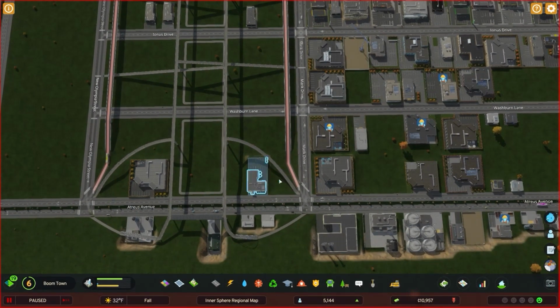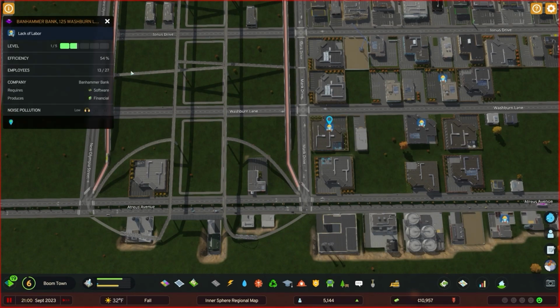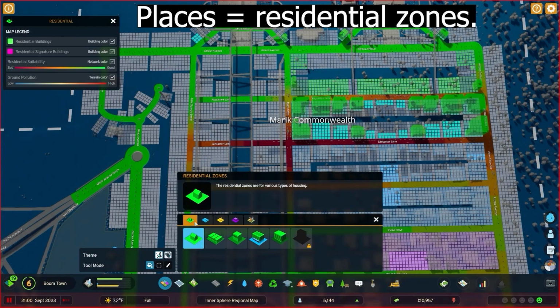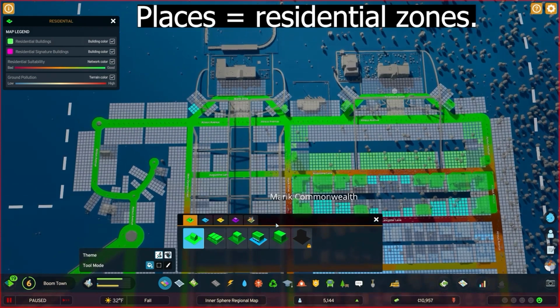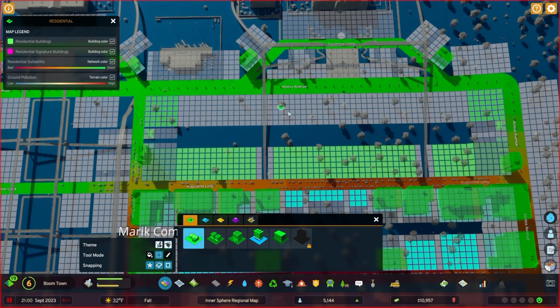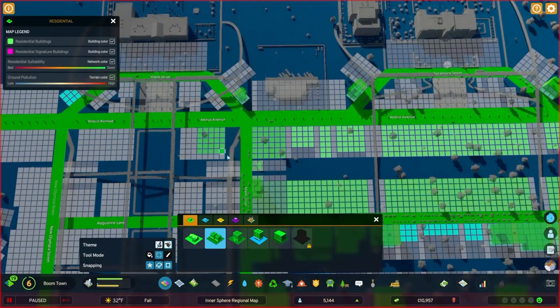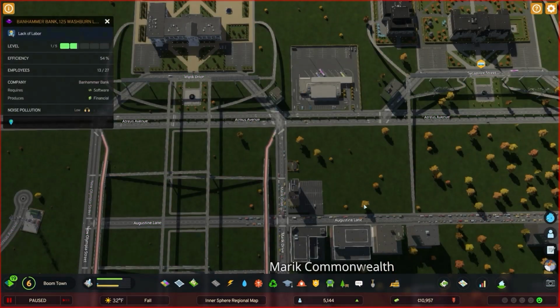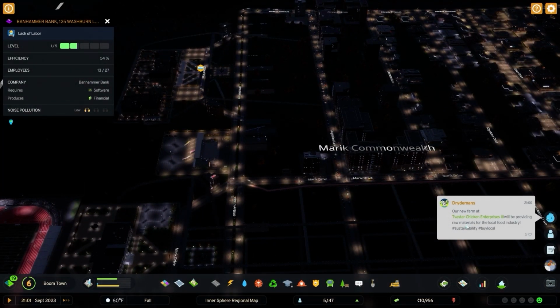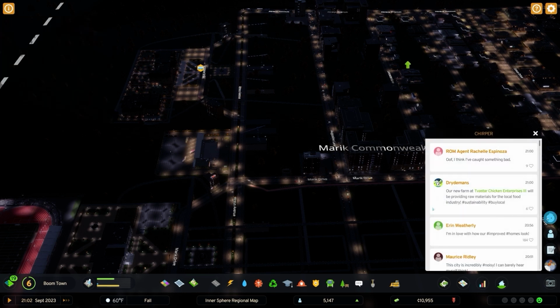I'm unpausing, and look, lack of labor. We may need to build a few additional places, and we do have demand for low density, so let's build in a few low density places and we'll make it North America low density. Let's unpause, and now it knows how it turns into night. See, this is the new farm that we just...